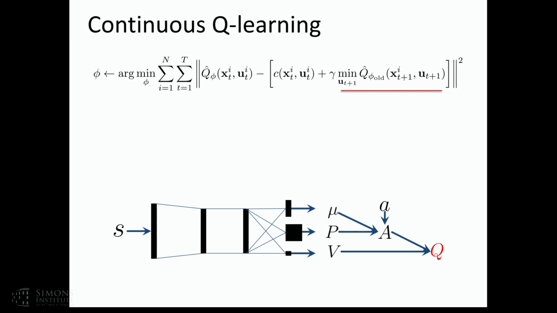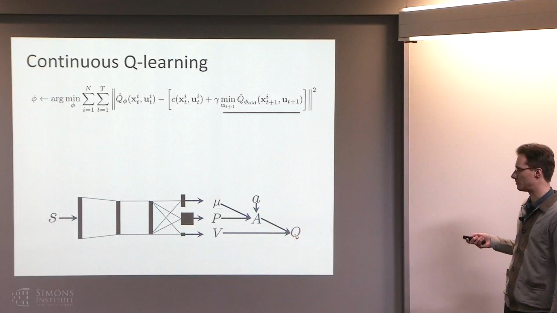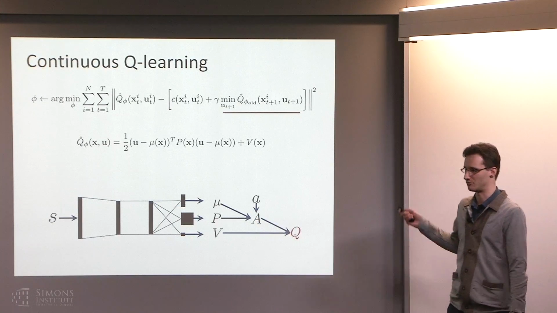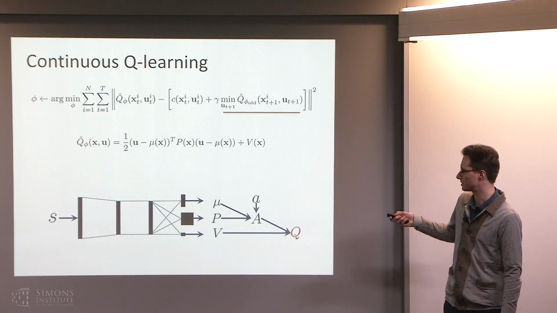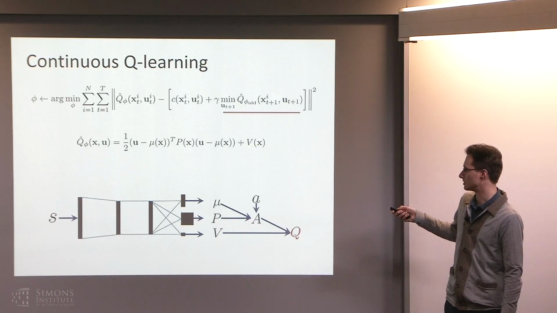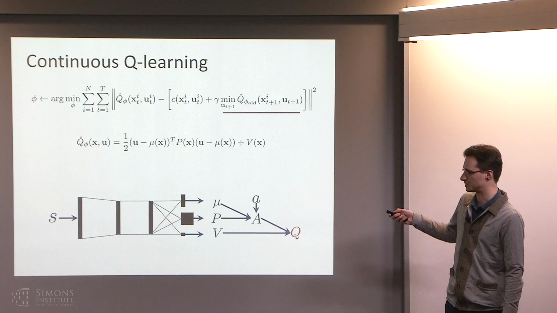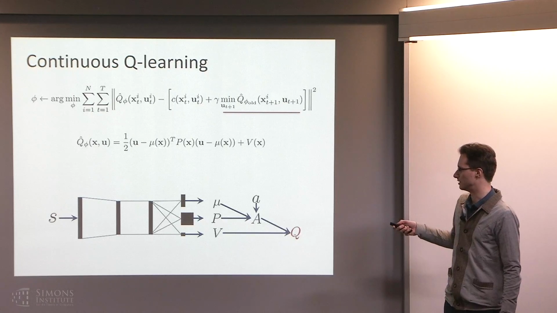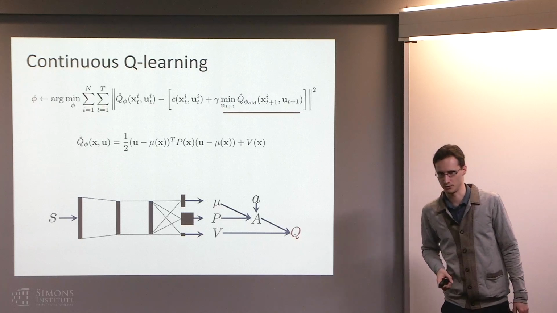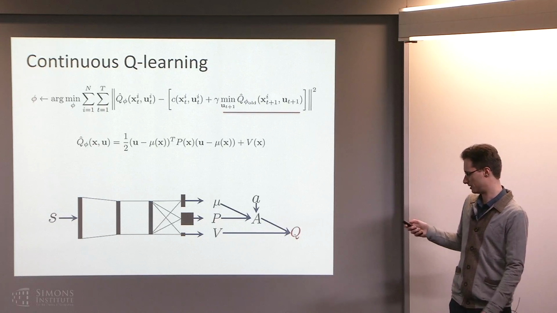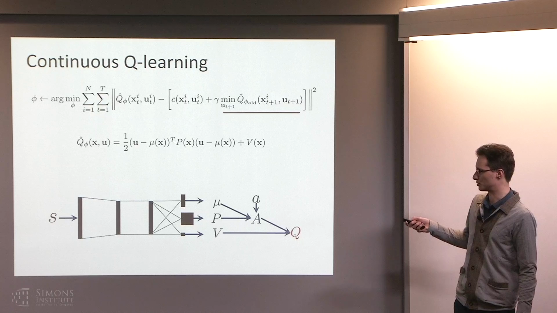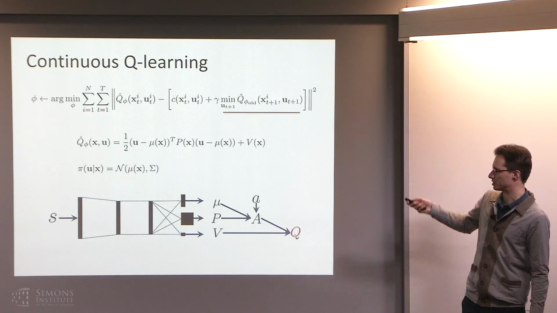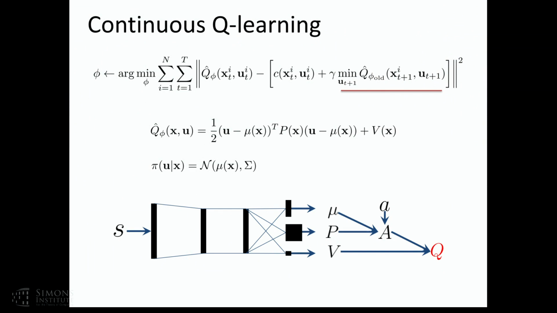There are actually a few different choices you can make, but one of them is that you can output a Q function that's quadratic in the action. So you can just say, okay, I'm going to have my neural net, and it's going to output a matrix and a vector and a scalar. The scalar is just the value part. The matrix is the matrix under which I'm taking this Euclidean norm. And the vector is where it's centered, and then you know that the minimum of this with respect to u is just going to be mu of x. So that way you can actually apply this for continuous spaces as well, and that can be really convenient.